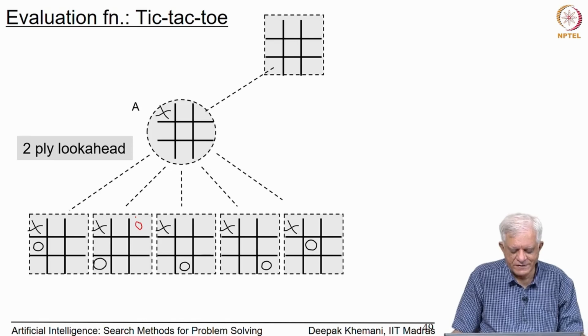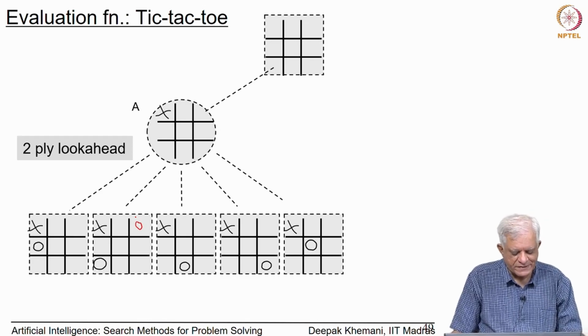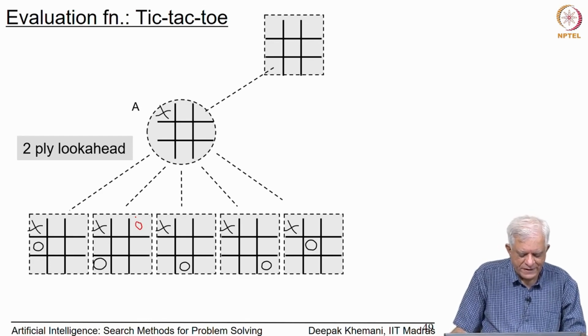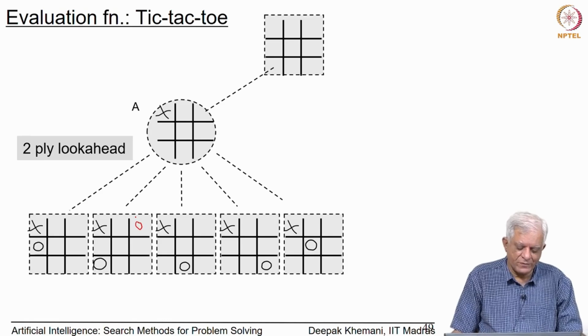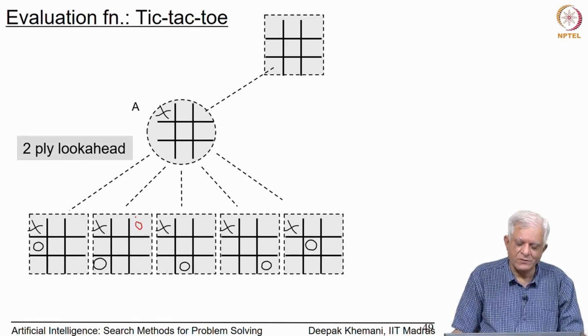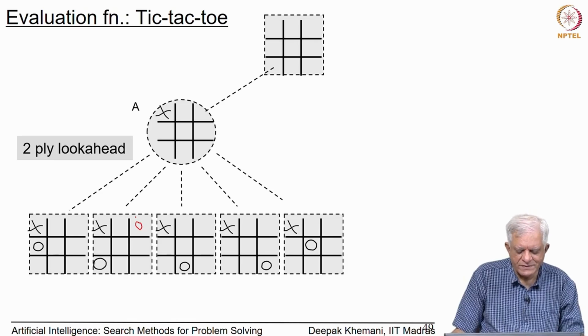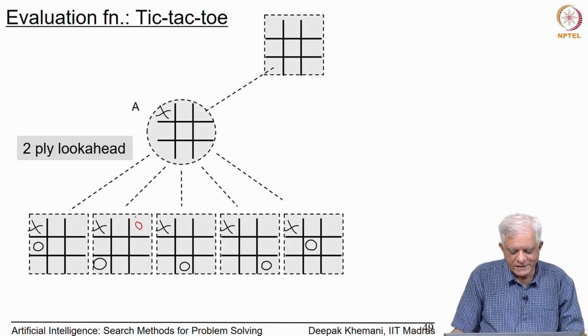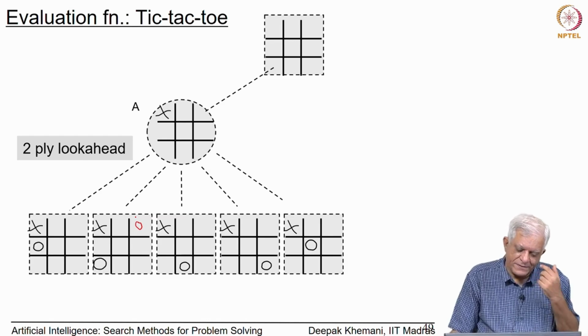So, we somehow ignore symmetries in our analysis, though when we are writing a program we may or may not ignore symmetries. In any case, there are these 5 distinct moves that min can make in response to max's first move, let us call it the node A essentially. So, in response to A, min can make any of these 5 choices.